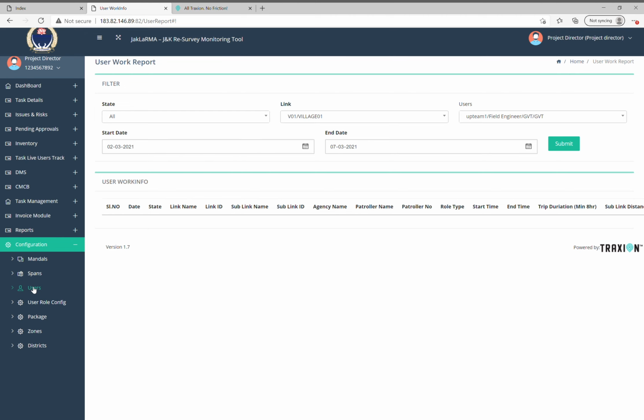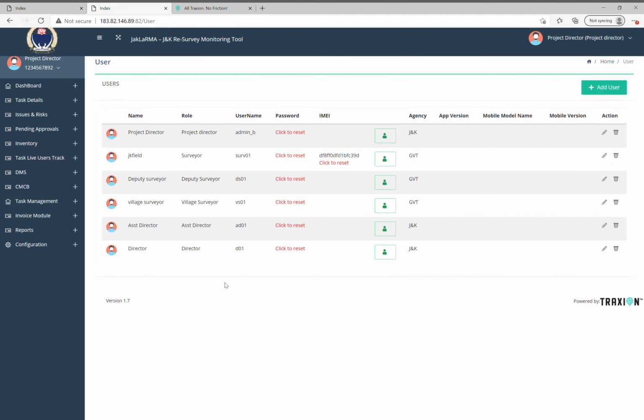And finally we can configure the application and the users here. These are the current users and roles that we have created. You can always create more. Once we give administrative access, anybody can create users, and we can also create hierarchy.